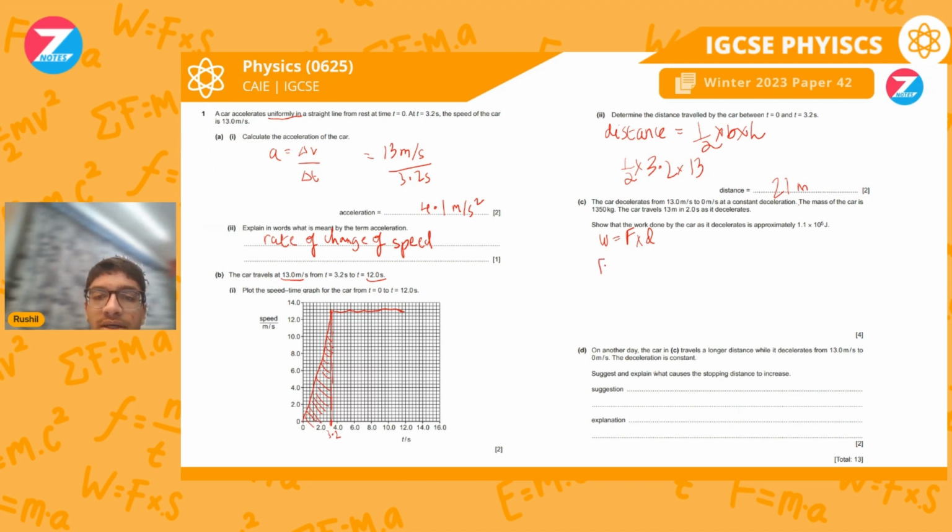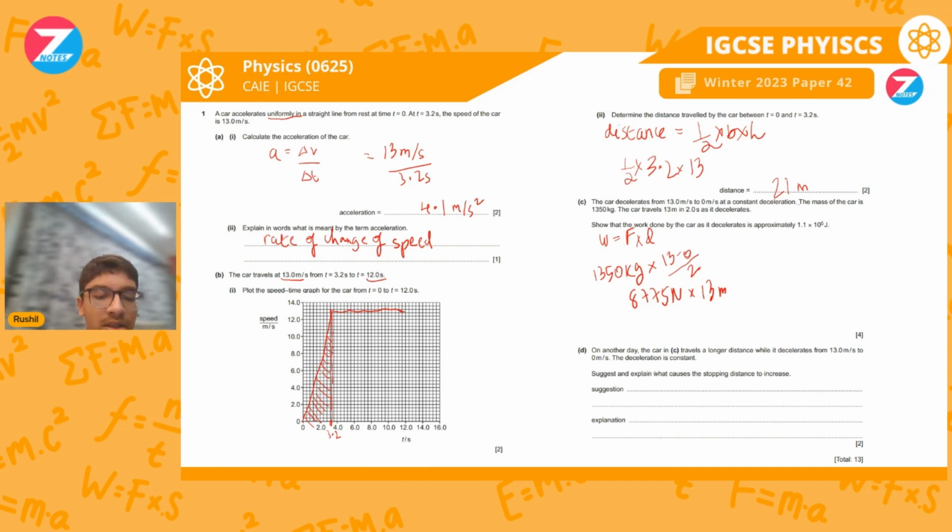We also know that force is equal to mass times acceleration. So the mass of the car is given as 1350 kg, times the acceleration, which we'll have to figure out ourselves. It decelerates from 13 to 0 within 2 seconds. So its acceleration is 13 minus 0 divided by 2. Since we're finding the change in velocity, whether initial or final, the order really doesn't matter too much in this case. So when we do this, the force is 8775 newtons, times a distance of 13 meters, which is